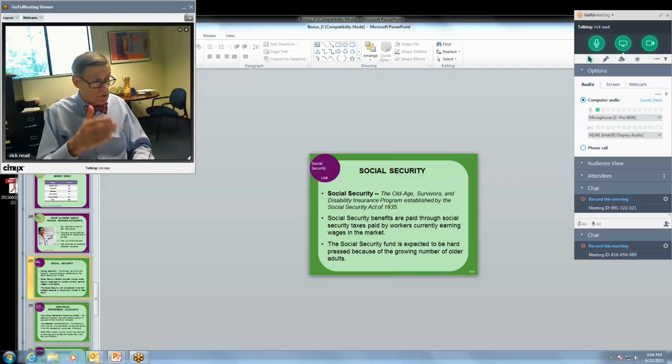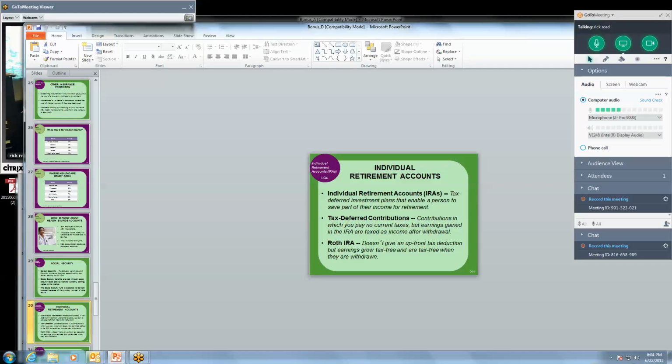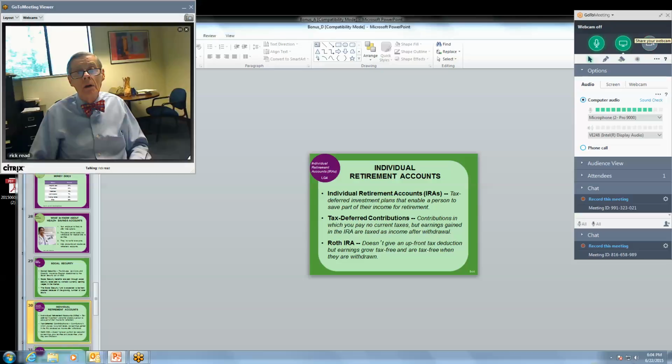If they moved it up to age 69, for people who are affluent it wouldn't make any difference. But the people who need Social Security would be hard pressed to have to stay in the workforce for an additional four years. Plus and minus to that, I would not be in favor of moving it up. I would be in favor of increasing the amount that people pay in for Social Security to maintain solvency.